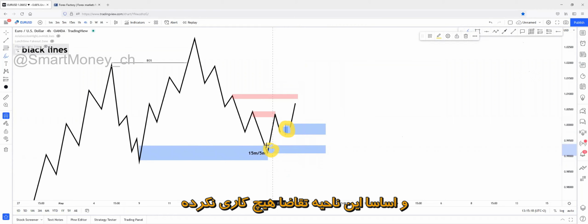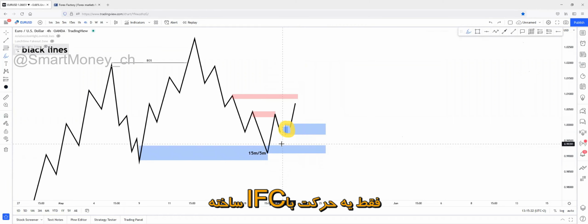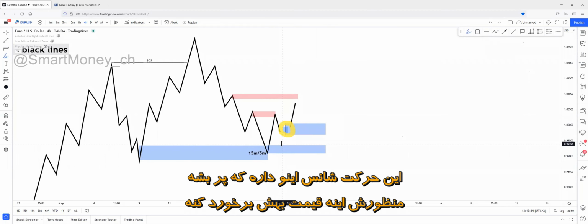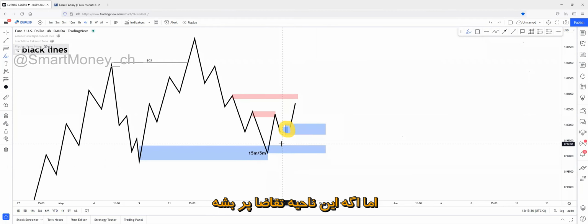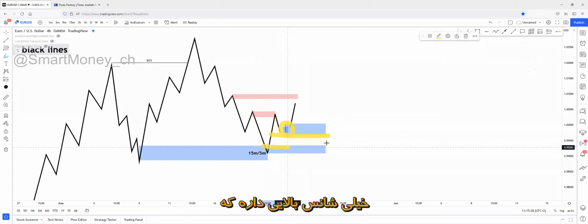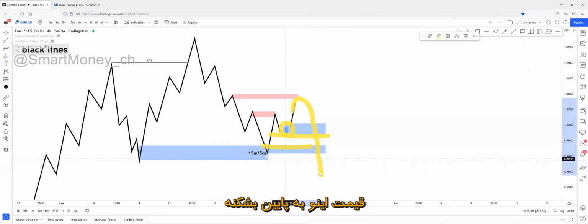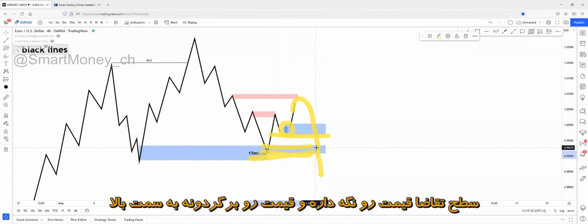This demand zone couldn't take a supply out. So basically, this demand zone did nothing in price action, but created inefficient movement. And that inefficient movement has a chance to be filled up. But if this inefficient movement is being filled up, then it has a higher chance that price will break below this demand zone rather than holding on this demand zone and reversing on this demand zone.